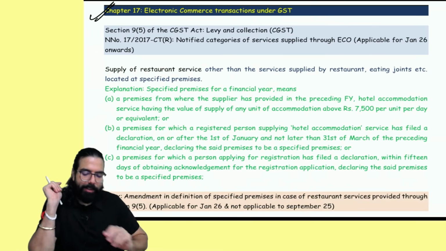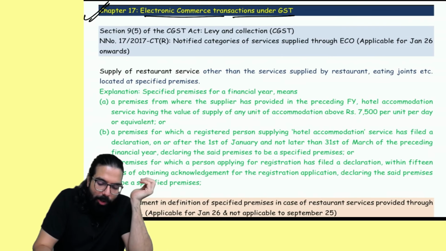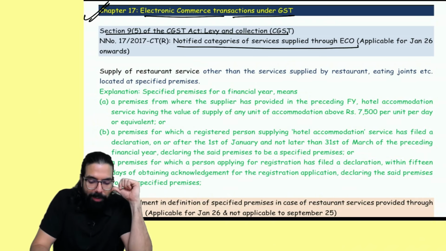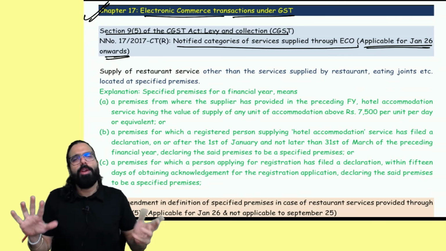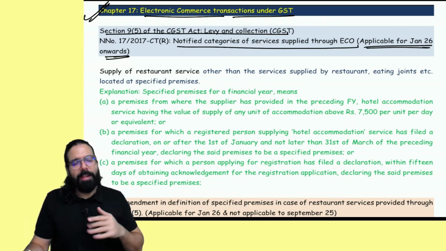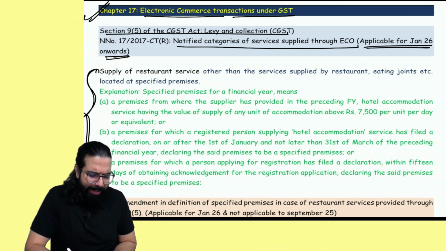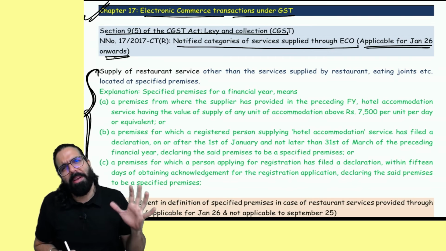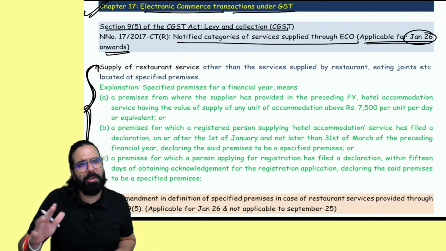In e-commerce, one specified premises provision was there, one small change in e-commerce they have made. You remember specified premise was there in case of restaurant service. This is not applicable for September exam. It is not applicable for September. It is only applicable for January 26 exam. Nothing, Baba. Specified premise you already knew. So Baba, September student can skip this portion. Okay? This is only applicable for January student. You guys can just read it. January students also you can just read it. Not very important, although still you can read it. For January, if I release one small amendment of 1 hour or half an hour, then I'll explain this. This is only applicable for January exam. September student not applicable. Okay, sir.